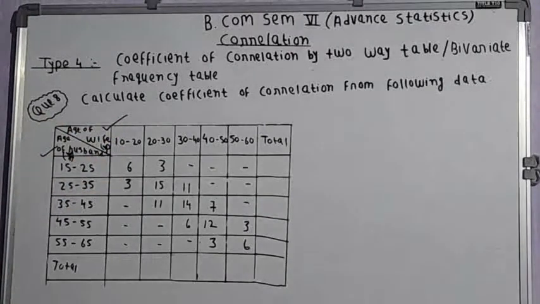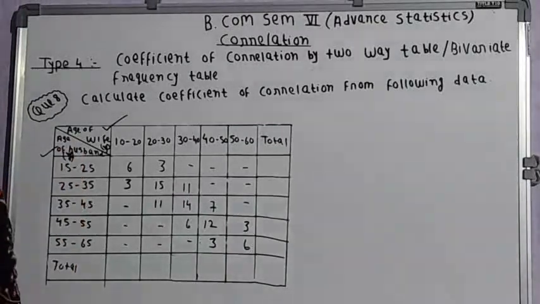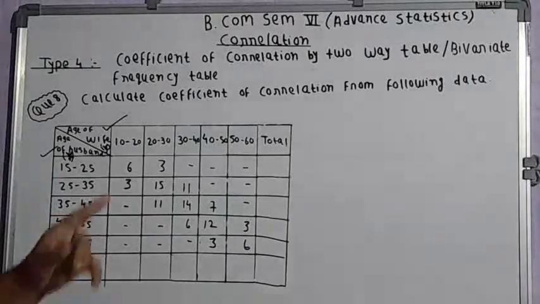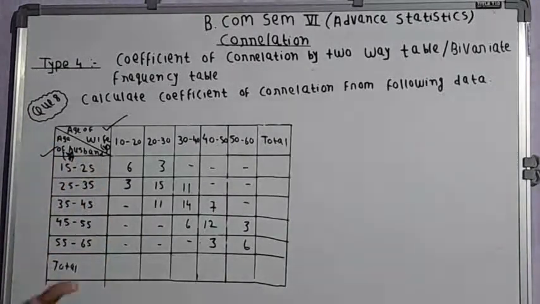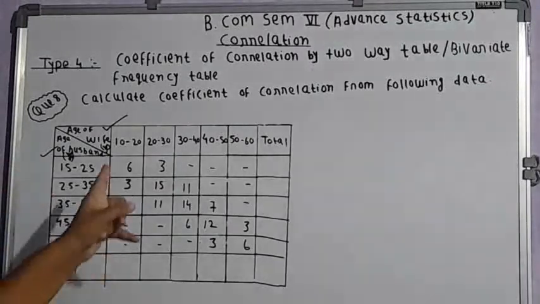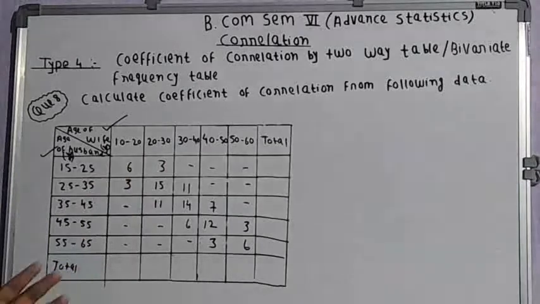Okay. But one more thing that we have been given in this question that we have not been given in the previous question is the frequencies. In the previous question we have been given the data, but the frequencies were not there. In this question what new thing is there? The new point that we have to learn in this problem is the frequencies. So here we have been given frequencies as well.